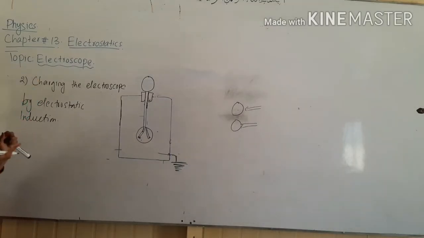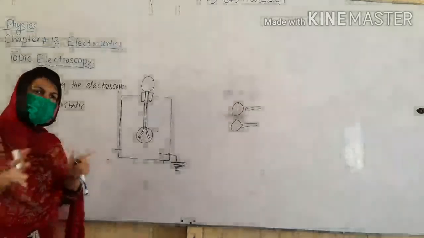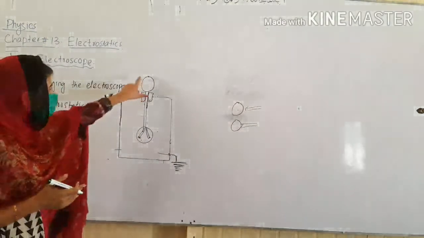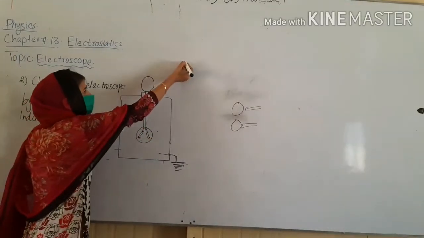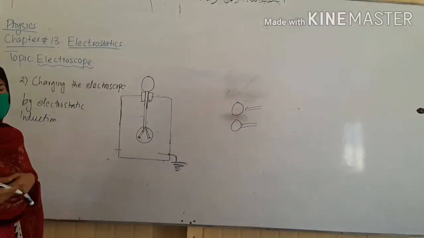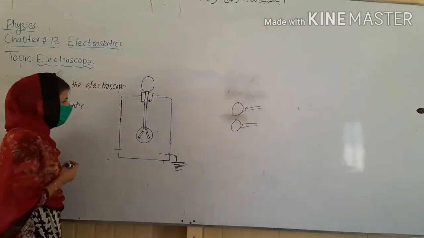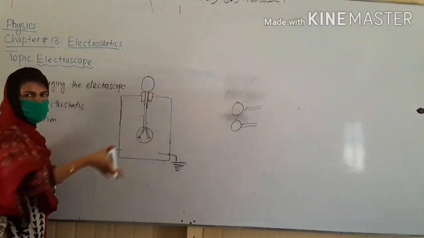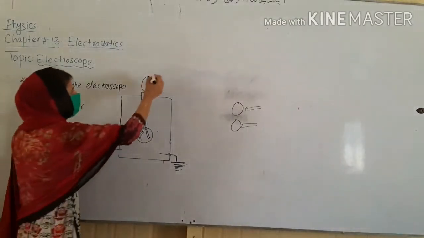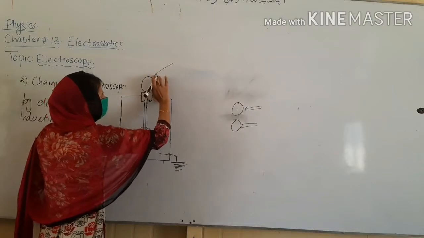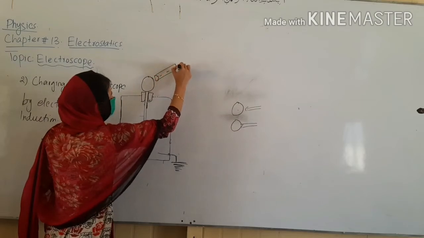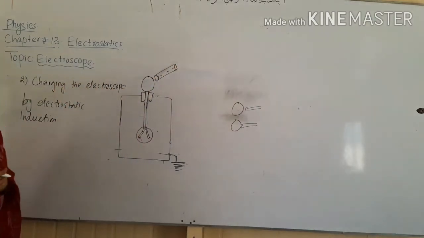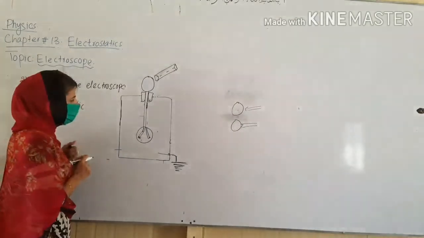Simply, I can charge it in a positive condition or in a negative condition. Means to say, इसको electroscope को हम positively भी charge कर सकते हैं, negatively भी charge कर सकते हैं, depending upon the rod which is brought near the electroscope, as I discussed earlier. Is it clear? Now, if I want this electroscope to be positively charged, what will I do? I will just bring a negatively charged body near the electroscope. Is it clear? When I bring a negatively charged rod near the neutral electroscope, what will happen?